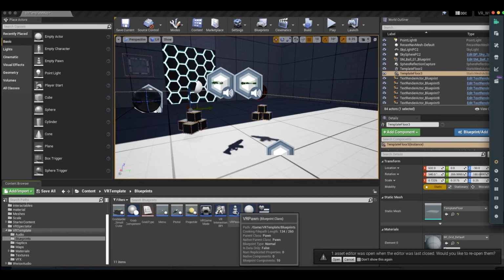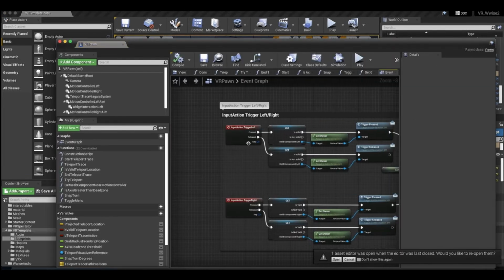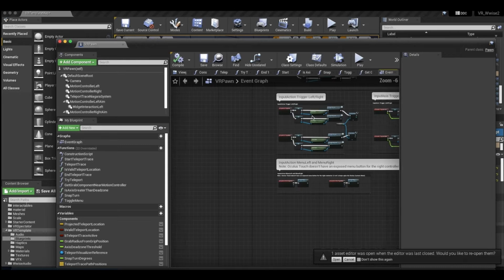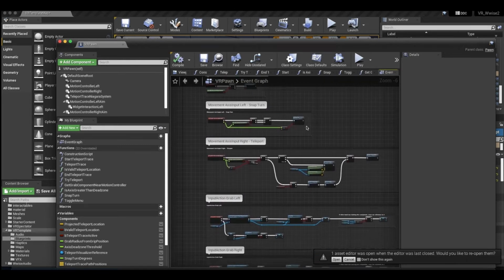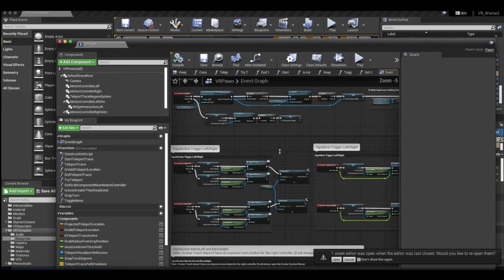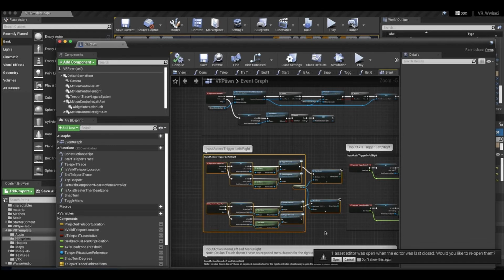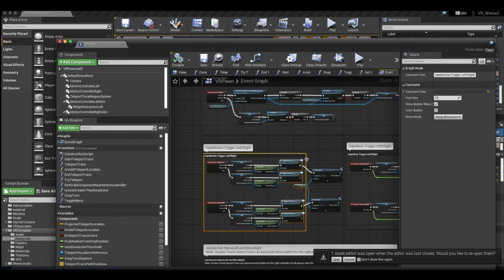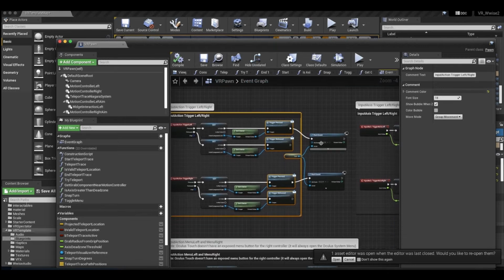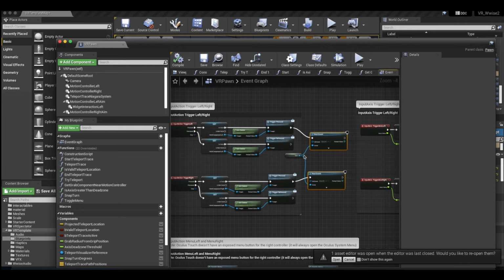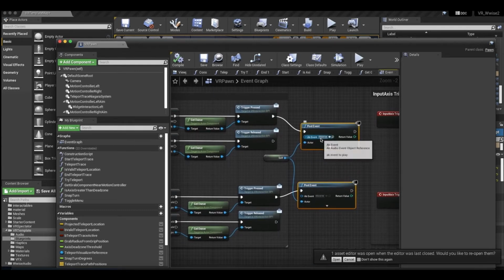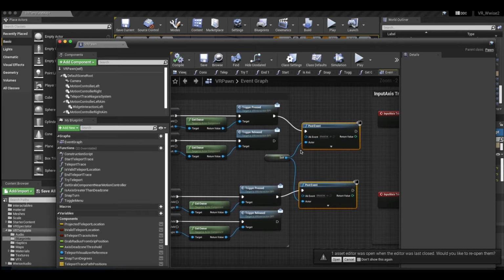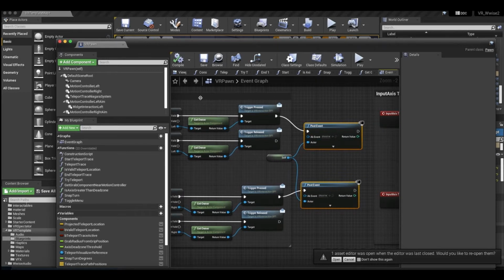so I went over to the VR pawn, and these are all the default nodes that the VR template comes built with. So I looked over in trigger pressed on the input action trigger left and right, and on both of these, both the left and right, I posted the event that triggered the shoot sound, which is in this case called shoot, tied it to itself as the actor, and you can take a look at it over here